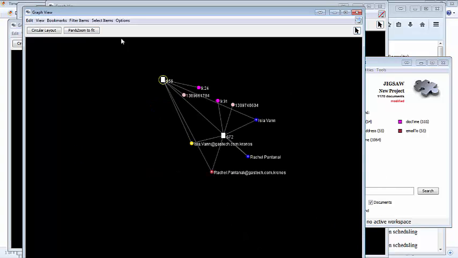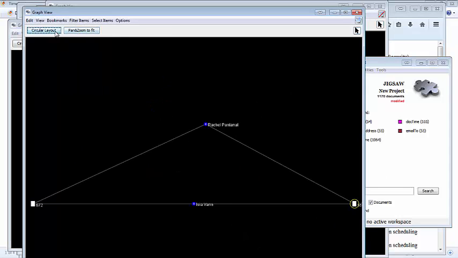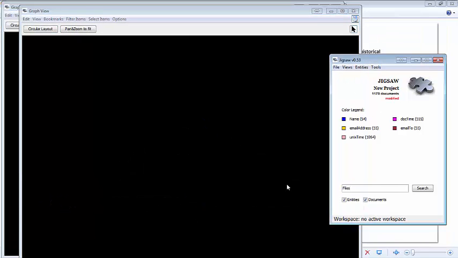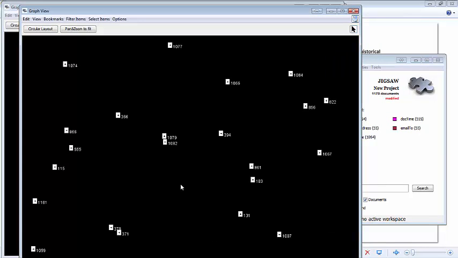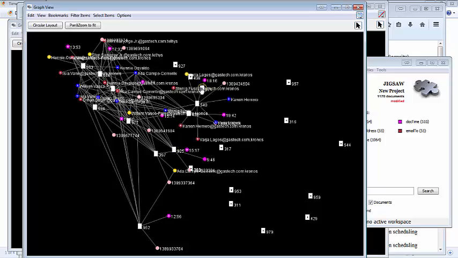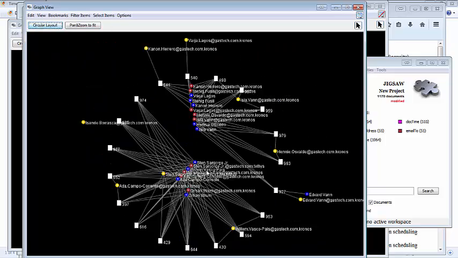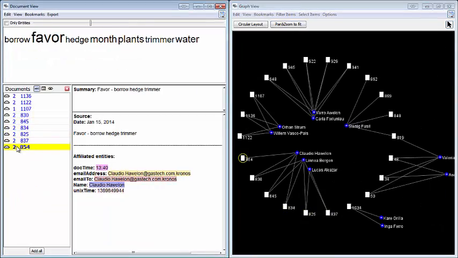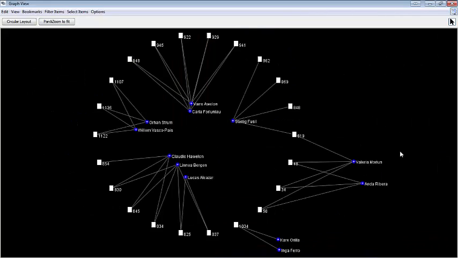The word flowers suggested that Isia Vaughn, a known POK member, could possibly be in a relationship with Rachel Pantanel. The words files and vacation both linked numerous people together who seemed to have no other contact. With the knowledge of relationships, we returned to use Jigsaw's document view to find out if any of the new names were involved with other suspicious activities.